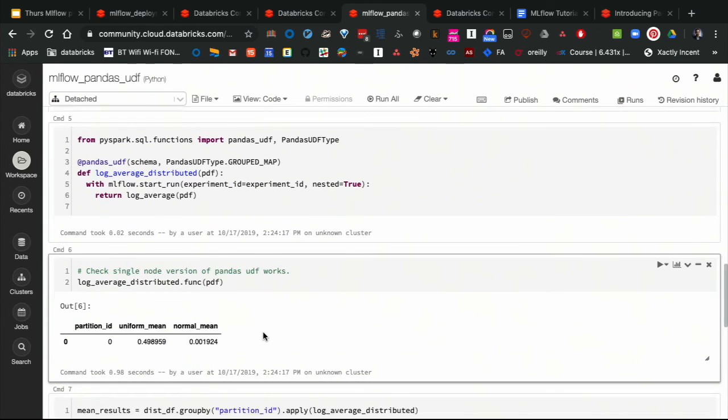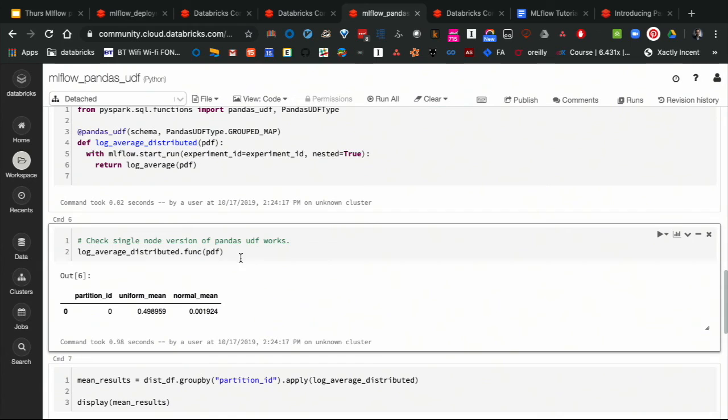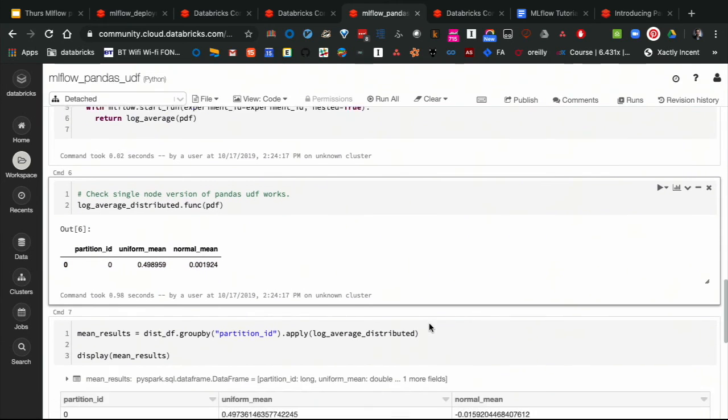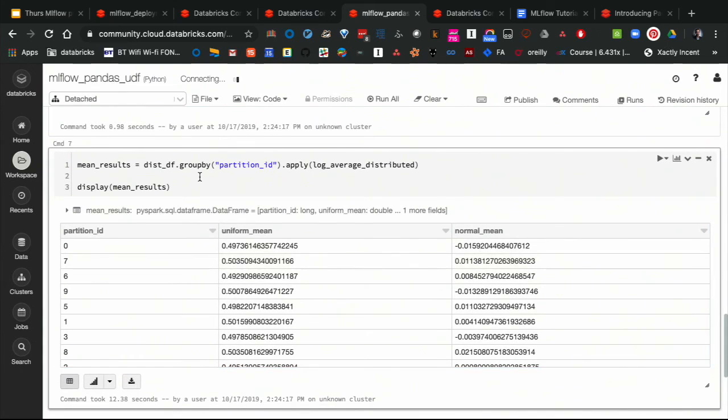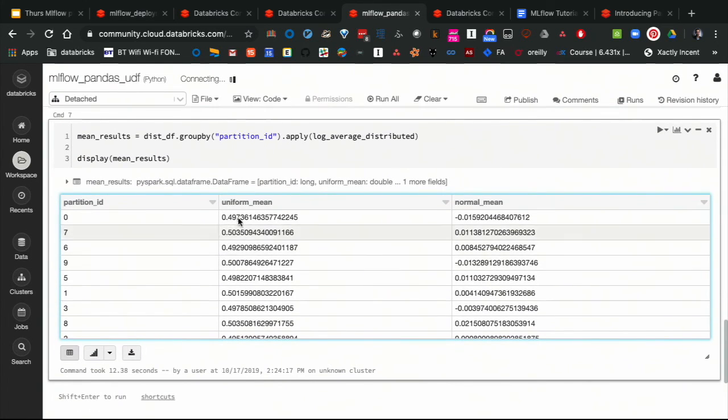We can check that our pandas UDF, our distributed UDF, actually works in the single node version just by calling .func on a pandas data frame. In this case, it returns the average of our various distributions. Now, in order to actually run it on a full Spark data frame, we group by our partition ID and apply the model. This will then generate, for each partition, a model result. And then furthermore,